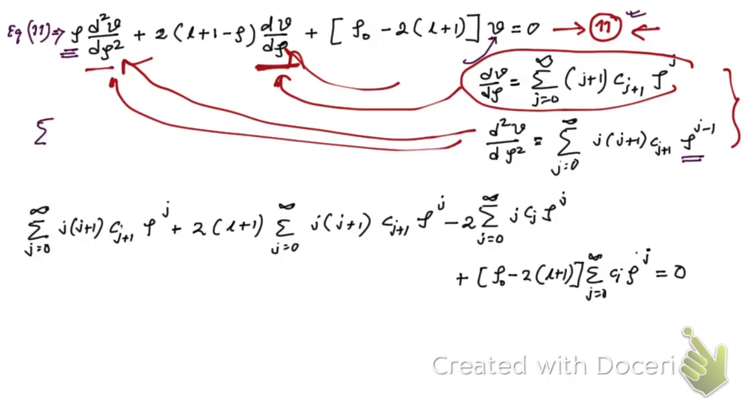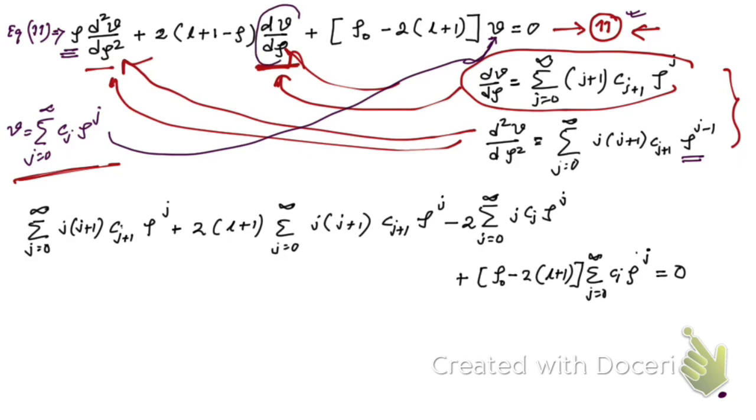Okay, so this V is replaced by this result that we have considered. We have considered that the solution is equal to this, the power series solution. So now you see what we're going to do. Let me tell you one more thing here. You can see clearly we have replaced this by this result, and if you split these two terms like this, 2 into L plus 1 and minus 2 into rho,